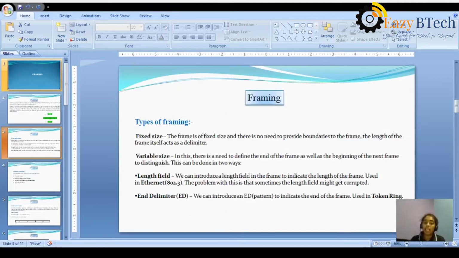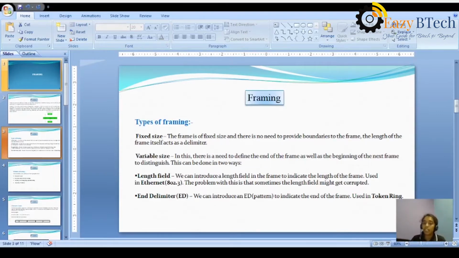But it should define the end of the frame as well as the beginning of the next frame, because otherwise confusion will arise. Why? Because we are not declaring the actual size of the frame here. So to identify each and every frame while transmitting from source to destination, we have to know the end of the frame and the beginning of the next frame.